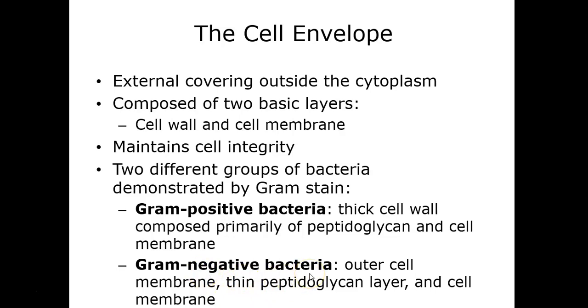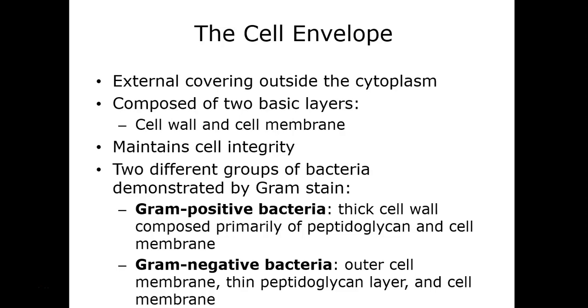Gram-negative bacteria, on the other hand, have a really thin peptidoglycan cell wall, so it's only a few layers thick. What we will see is that gram-negative bacteria also have an additional layer. So gram-positives have the cell wall and the cell membrane. Gram-negative bacteria have an actual outer membrane, followed by the peptidoglycan cell wall, followed by the cell membrane. So there's this extra layer on the outside of a gram-negative cell called the outer membrane that we also